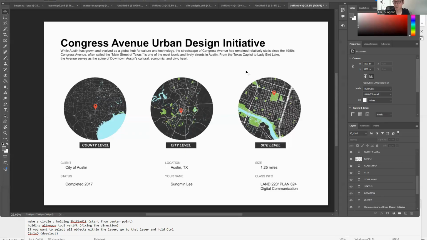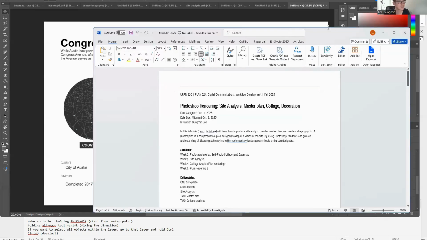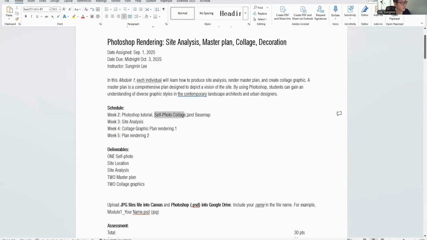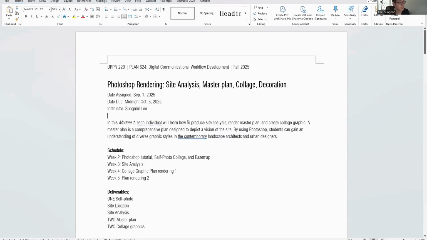It's a little bit long work, right? So eventually I will reduce the scope of the work a little bit because it's too much if you make all the work. So I already made a decision. Because it's too much in your case as a first digital com class. Last time we did a self photo collage. That's the default, and the base map is something that I use. But this time,